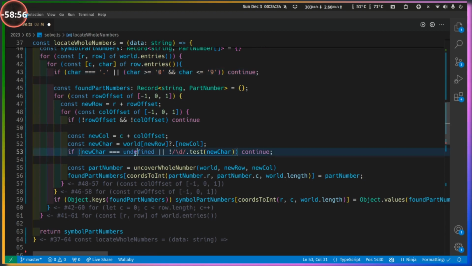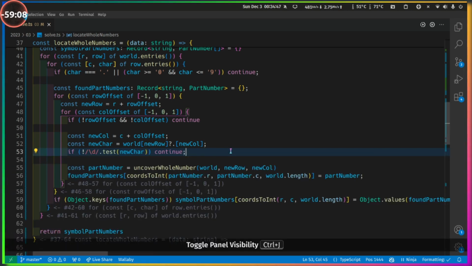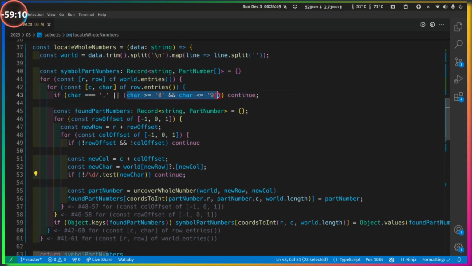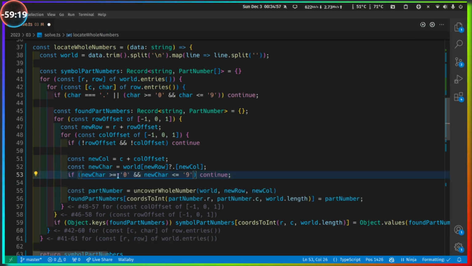So if new car is undefined or doesn't test, can I just use this and the undefined will cause it to become a failure? How does undefined compare with numericals anyway? We about to find out. So new car, hold up. There we go. So if it's less than 0